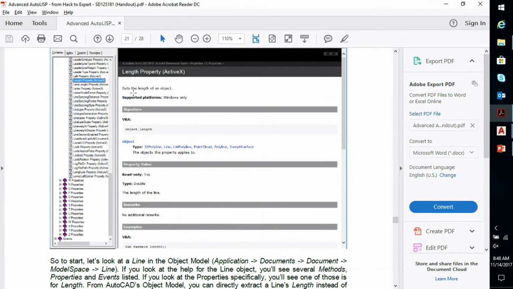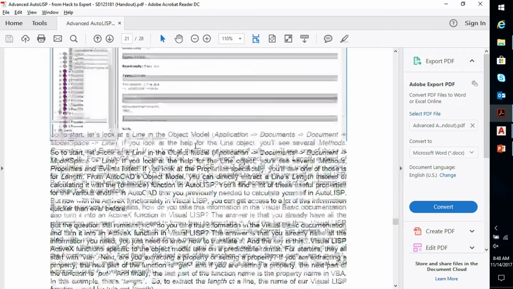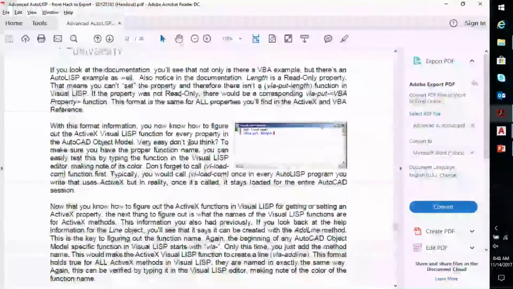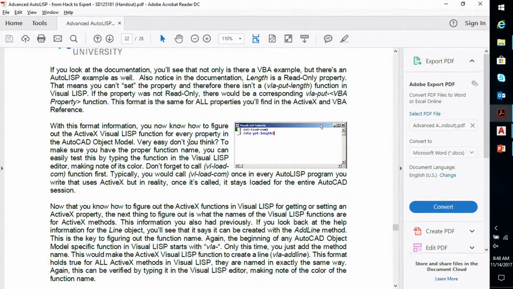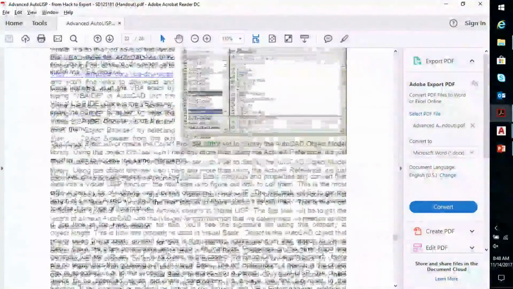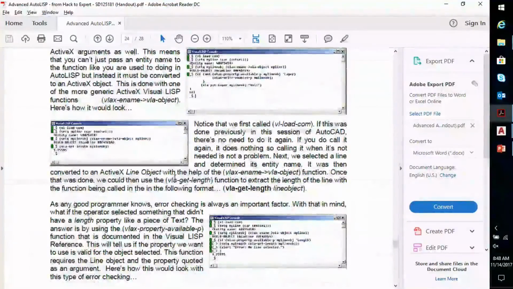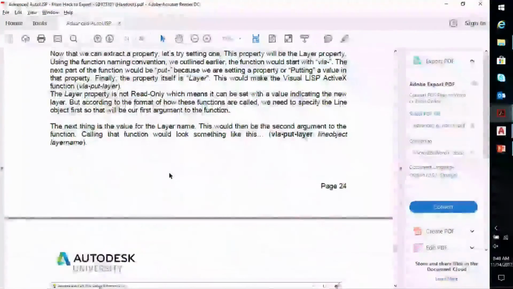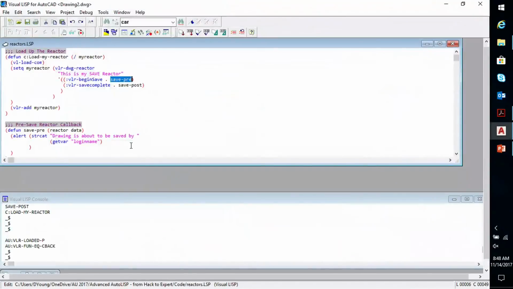So they go through and there's some syntax things. I kind of explained it a little bit more in the handout, but maybe you pass an argument in a different order when you call it from Lisp. The handout will go through a lot of that, how to navigate around and do some of those things. I should have some sample code here